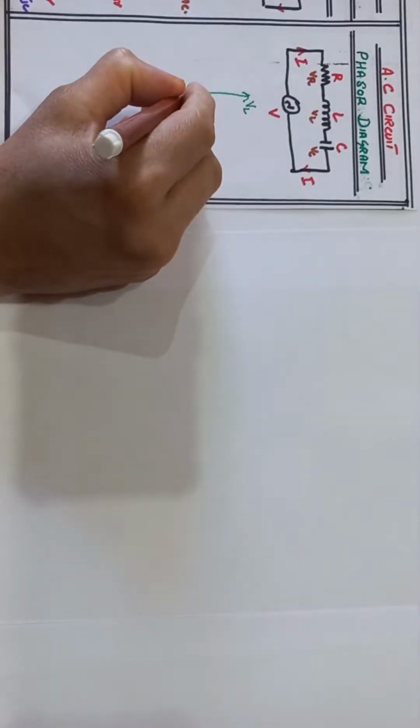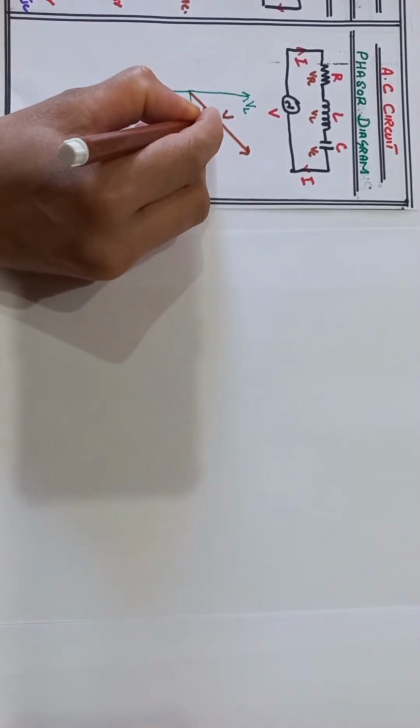Now we draw the phasor diagram of the applied voltage V. Applied voltage V makes an angle phi with the reference axis current I. So here we take the applied voltage V that makes an angle phi with the reference axis I. So what we discuss here,